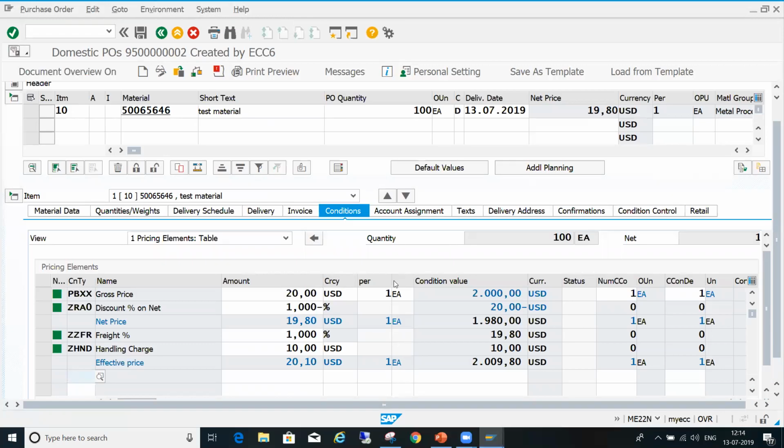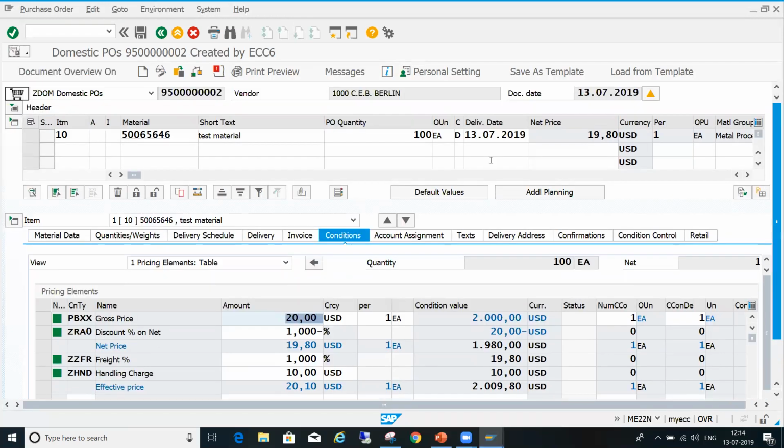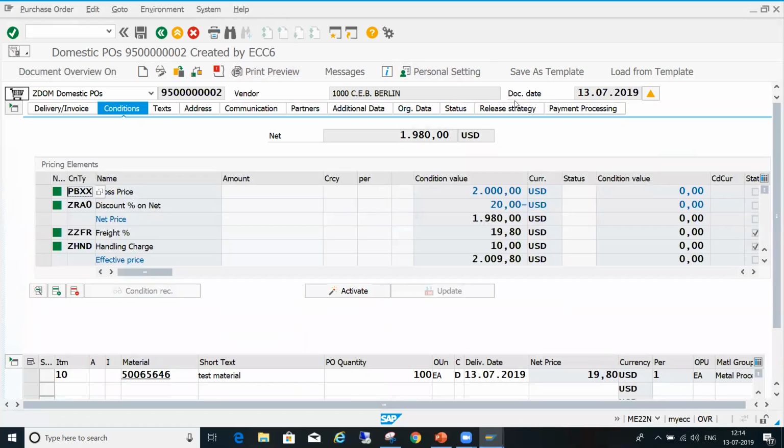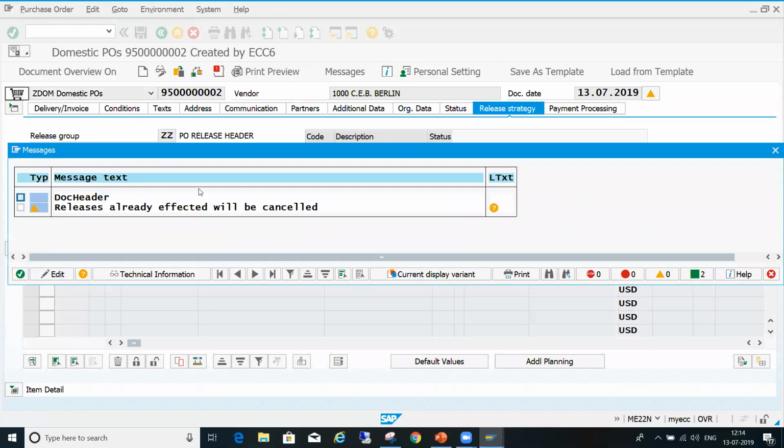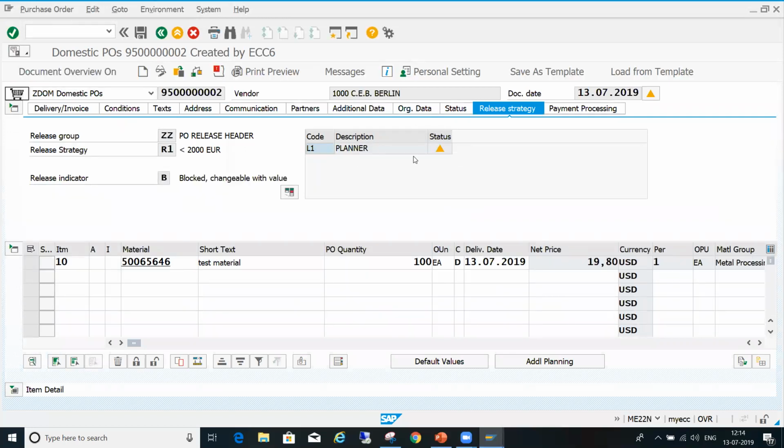Whenever the value is increasing, it will trigger the release strategy again. The release will be cancelled. Whatever was initially released, this PO will again come to this status.